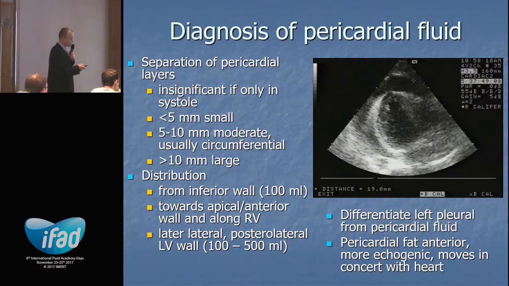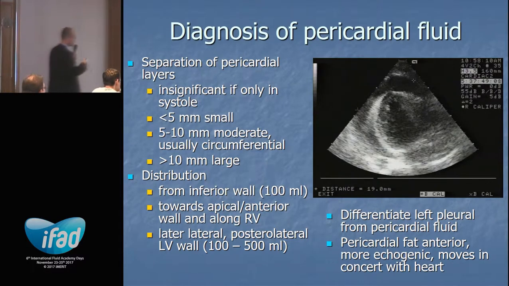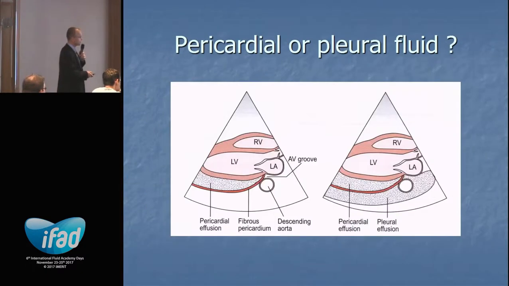Pericardium actually has its spaces, and if you accumulate fluid in pericardium, it usually starts to settle under the inferior wall, and then it moves towards apex and anterior wall and along the right ventricle. And if it's later along the lateral or posterolateral LV wall, then it's always circumferential and significant in terms of volume. You have to differentiate pleural from pericardial, and of course pericardial fat is more echogenic, and it's usually anterior or along the right ventricle, and it moves in concert with heart during the systole and diastole. So how to differentiate